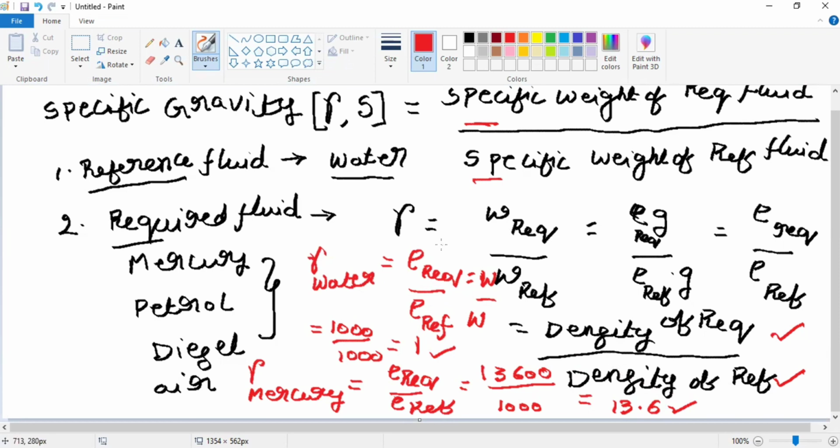In the next video, we learn about the viscosity of the fluid. That is a very important property for the